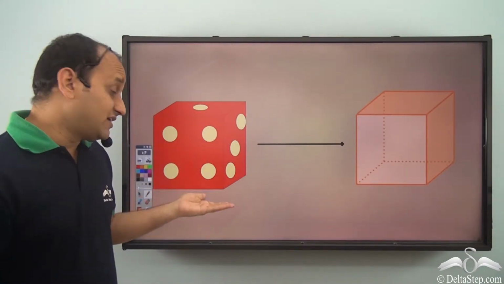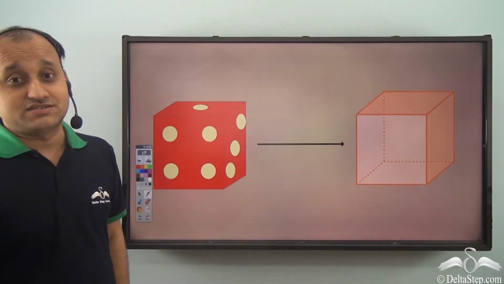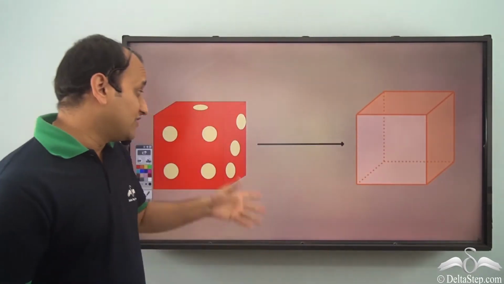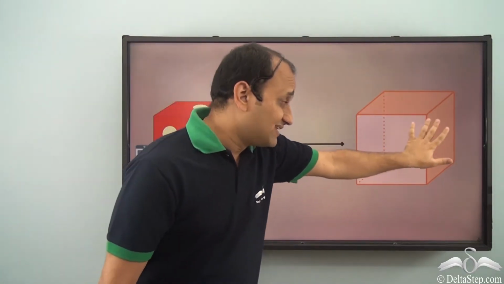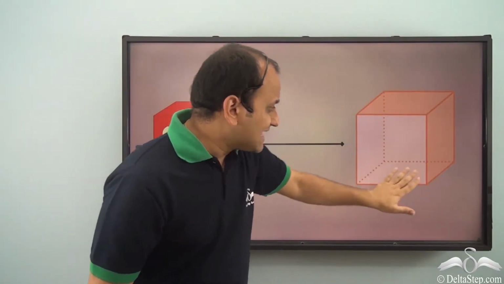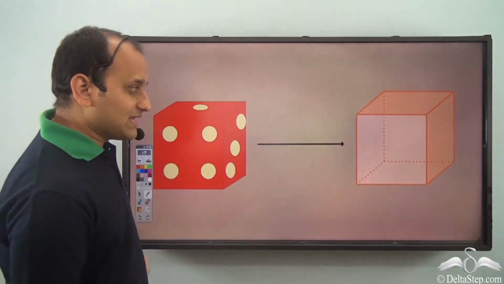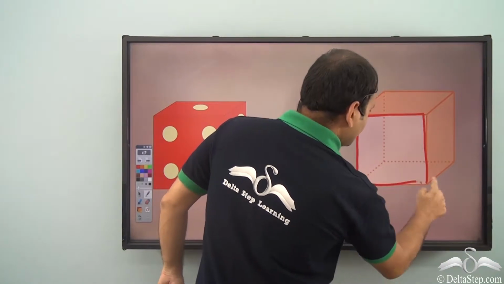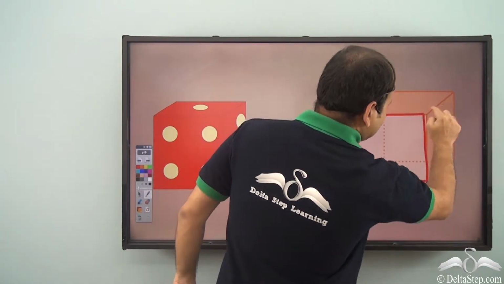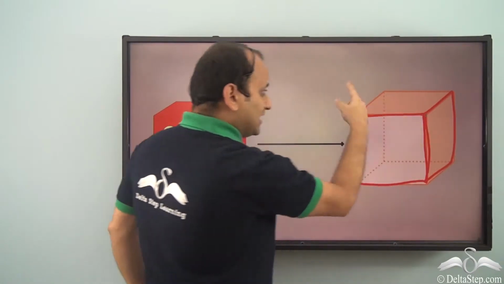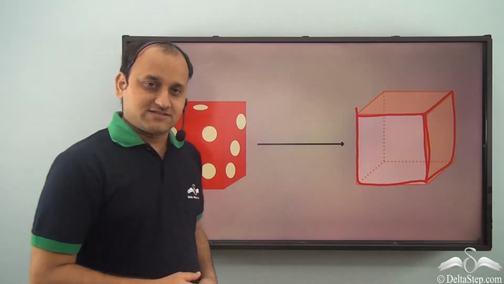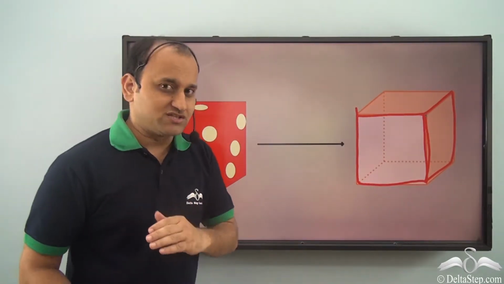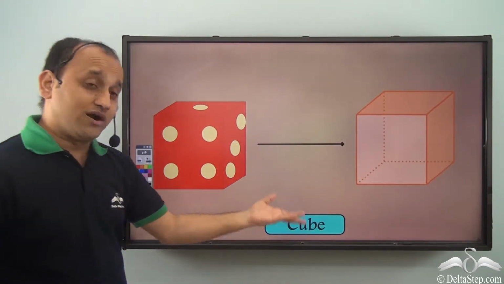Now, another gift which he got was a dice. Now, this is the shape of dice. So, you can represent the shape of a dice with this. Now, what exactly is this shape? Well, if you notice, it is basically made up of a number of squares. So, this is one square face, this is another, and similarly, we have so many square faces. So, this particular shape has a special name. What is the name? It's called a cube.